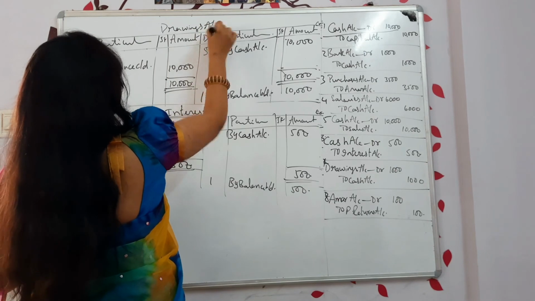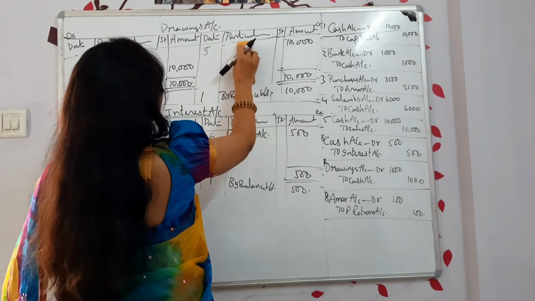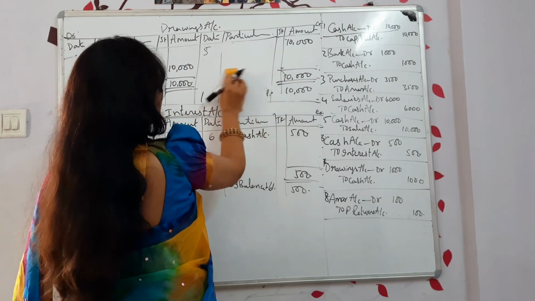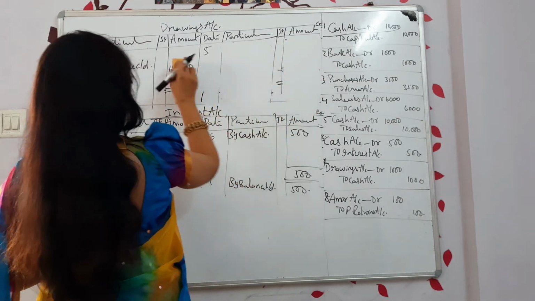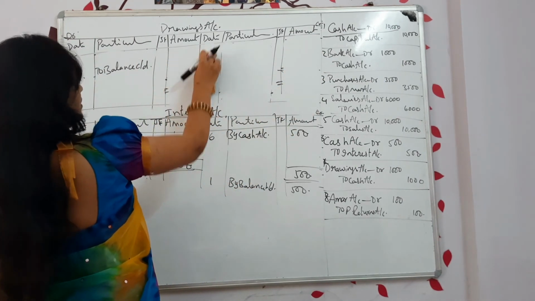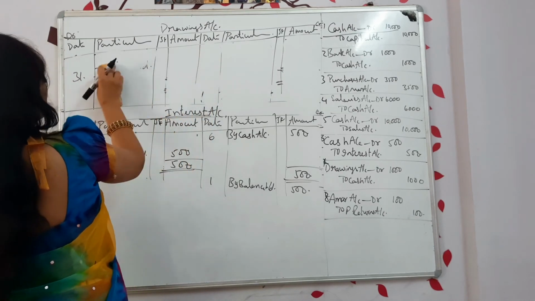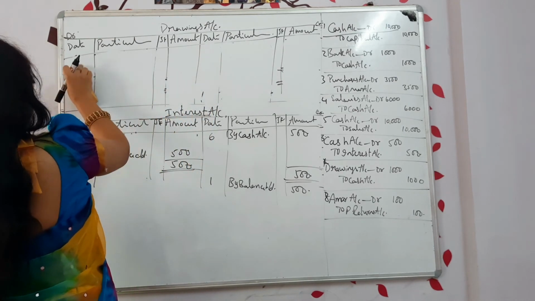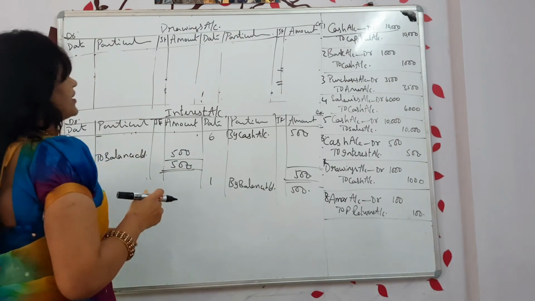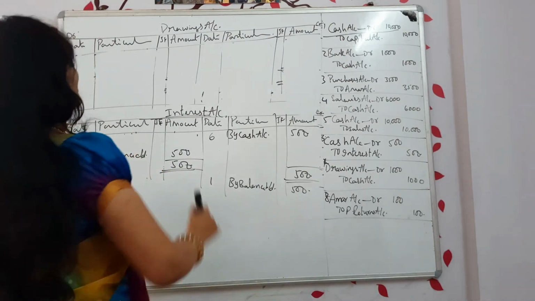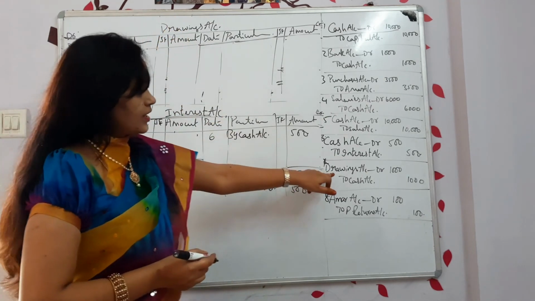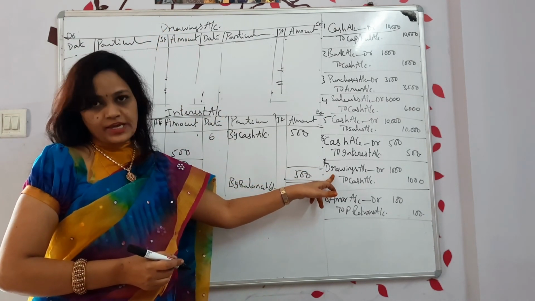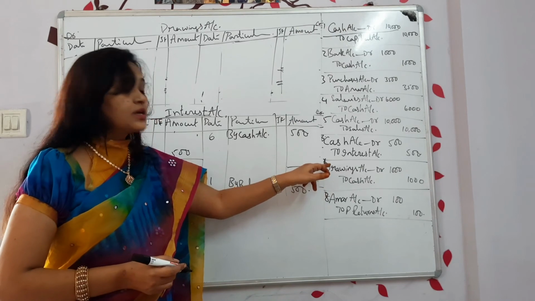Format is same. No change in the format. Is there any change? How many letters do you write down? Format will be same only. Date, particulars, rupees. Date, particulars, journal folio and amount. Both the sides, debit and credit, are common. Okay. So now, drawings account, debit to cash account. Where you can see the word drawings, debit side.